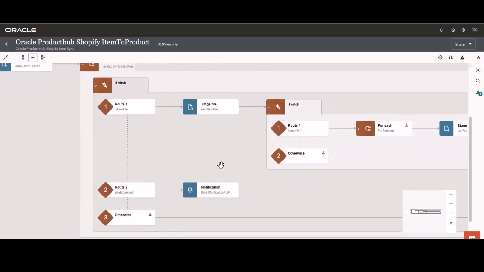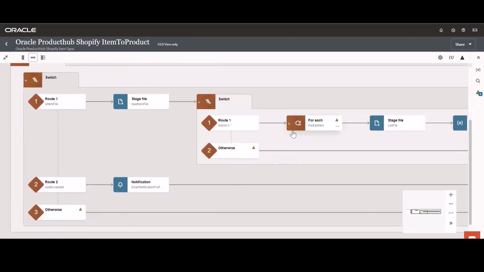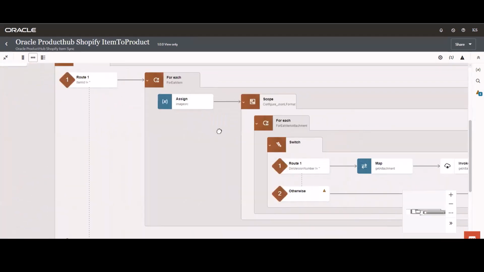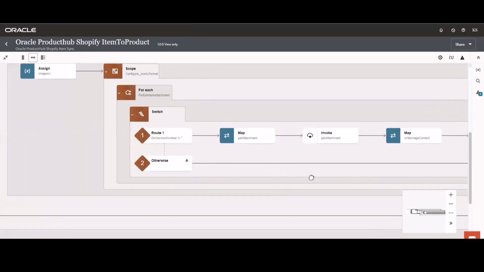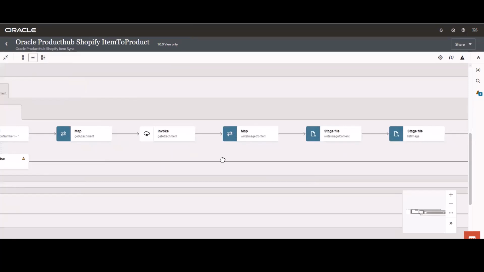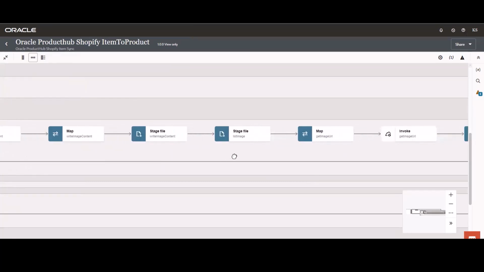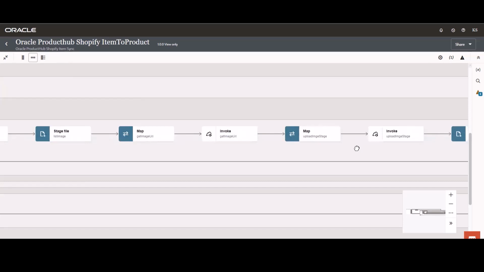The UCM download can actually have different types of files like item, trading partner system files, or XSTs. So we are limiting only to the item files. Once the item file is fetched, we'll be iterating over each item to fetch the attachment, which is the images. These images are separately uploaded to Shopify's stage URL,